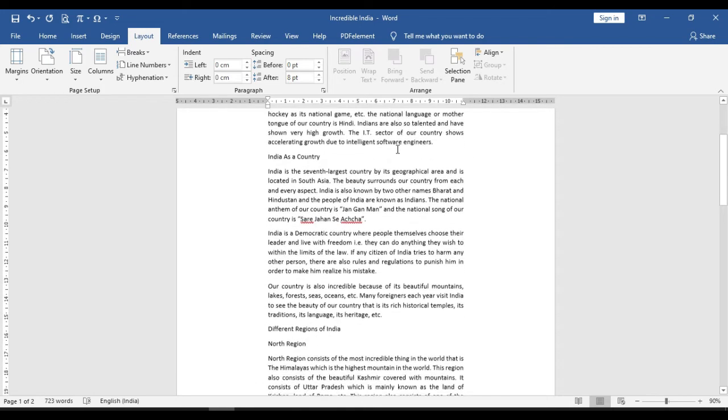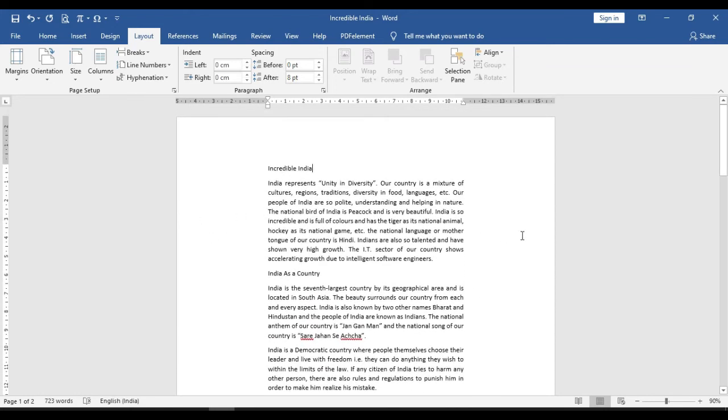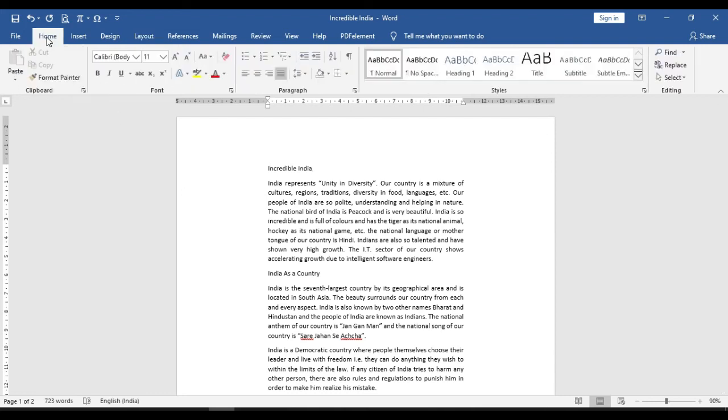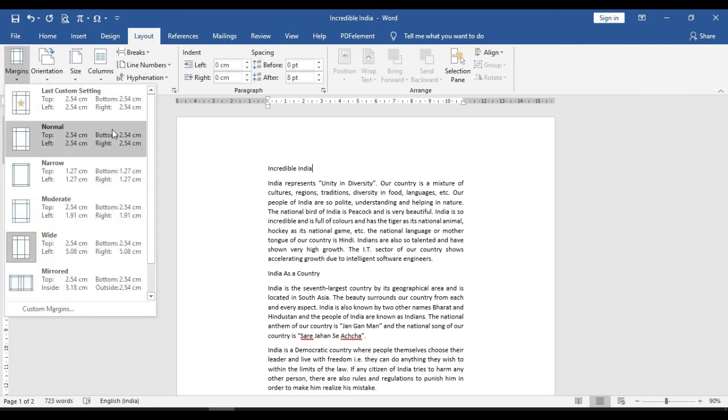This is the top and the bottom margin, and this is the left margin, and this part is the right margin. So in a page there are 4 types of margin. Those are top, bottom, left and right margin. We use margin or we set margin in a page to adjust more words or letter in a page, or even to look the page better. And to change the margin, first we have to go to layout option, then click on the margin option and select here the desired margin.